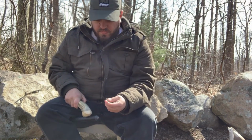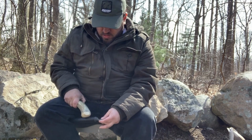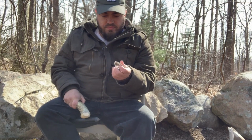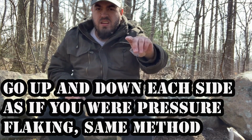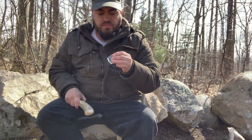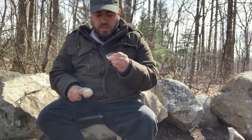Shaping and thinning here. Alright. I'm going to do the base. The base is dangerous. Just thin it a little bit. Do that too much. Have the basic knife shape now. This will work as is. Just make